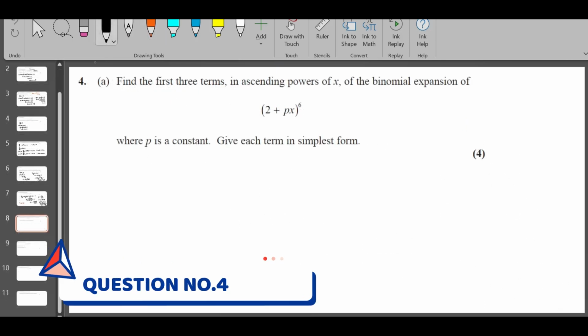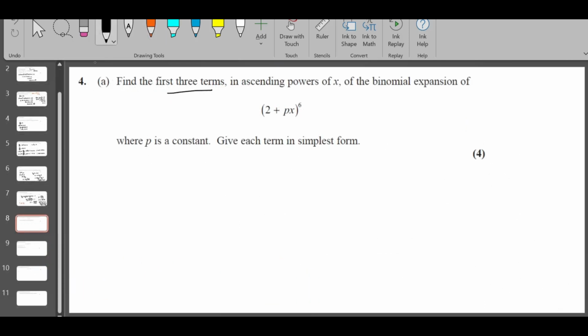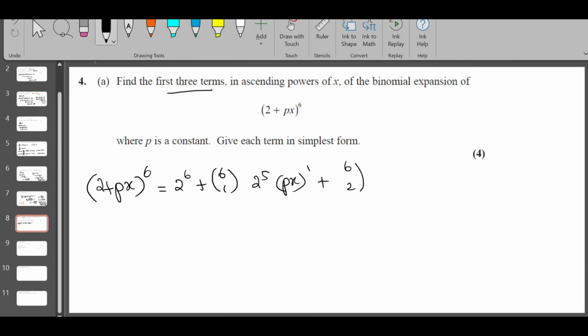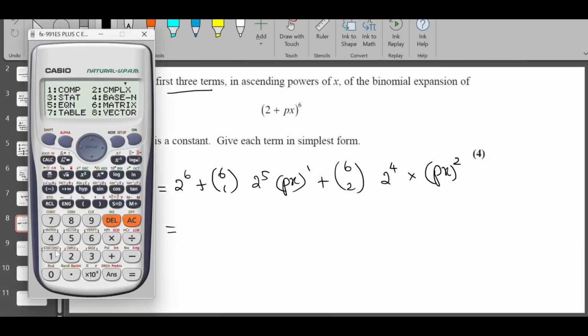Question number 4 from binomial expansion. They want you to find the first 3 terms. So 2 plus px to the power 6 is 2 to the power 6 plus 6c1, 2 to the power 5 times second term power 1, plus 6c2, 2 to the power 6 minus 2 times second term power 2. So 2 to the power 6,